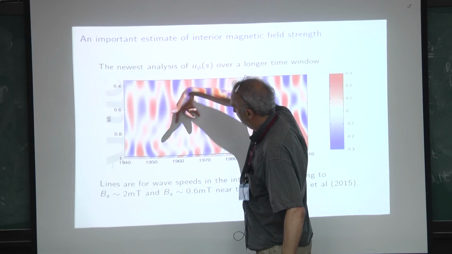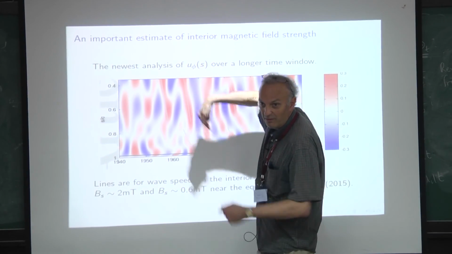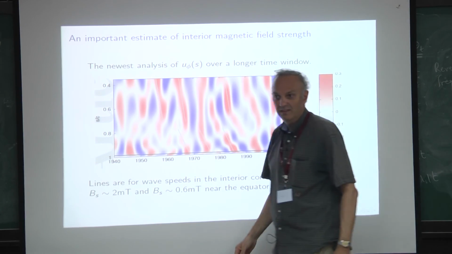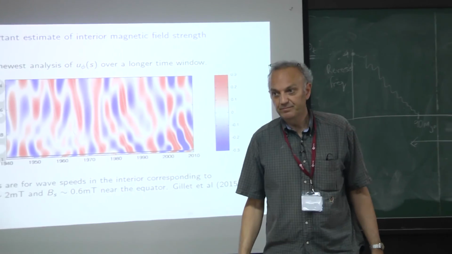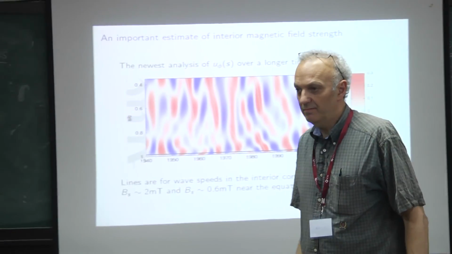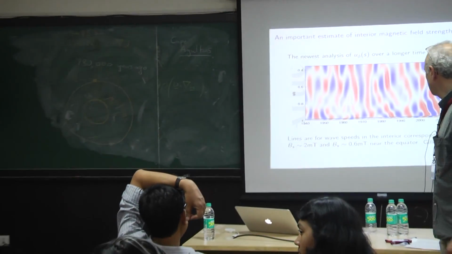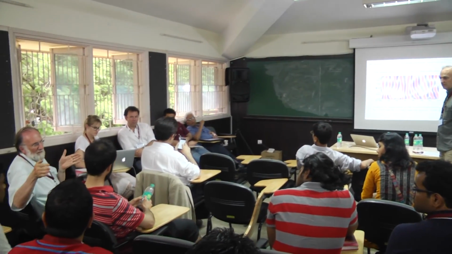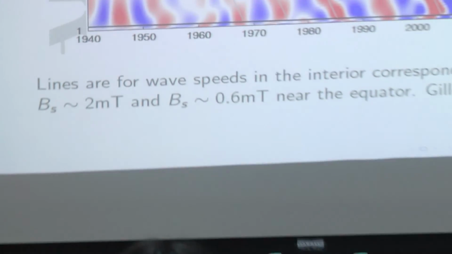So anything like this is going that way, but anything like that would be going the other way. So there's not much evidence of reflection. If something comes out of the tangent cylinder towards the equator, you might expect it to hit the boundary and then get reflected and travel back. But there's not much evidence of that. It looks more like stuff comes out from the tangent cylinder and gets absorbed, presumably by the